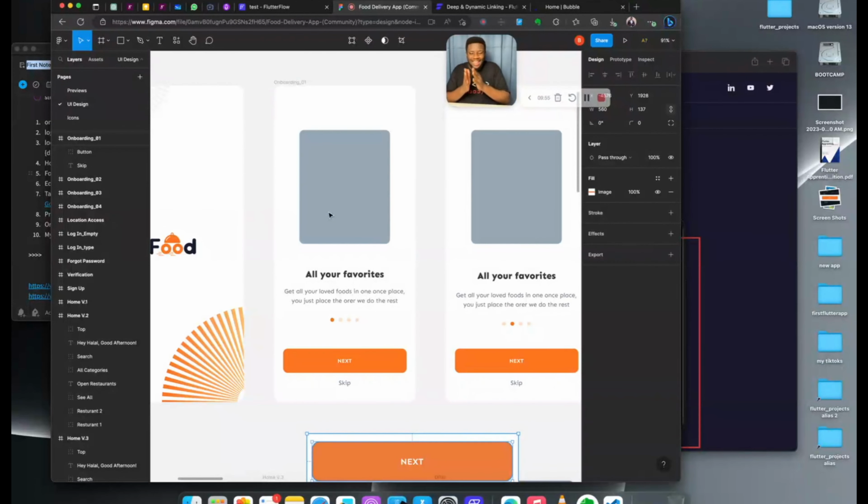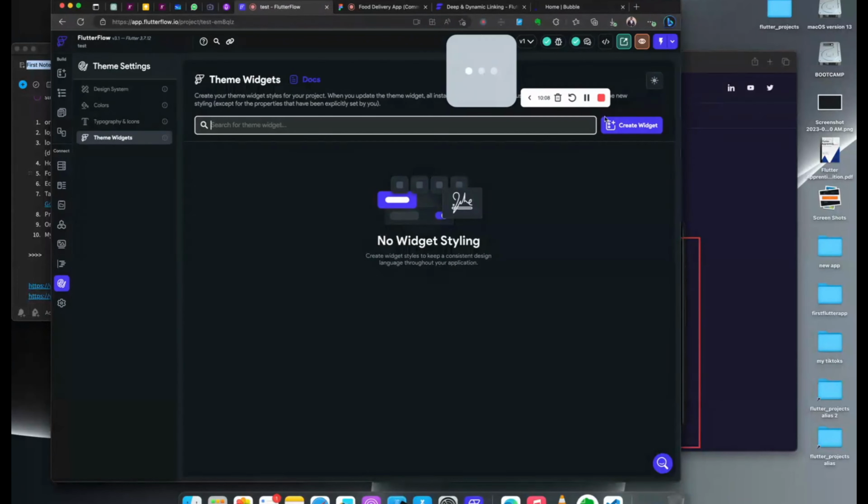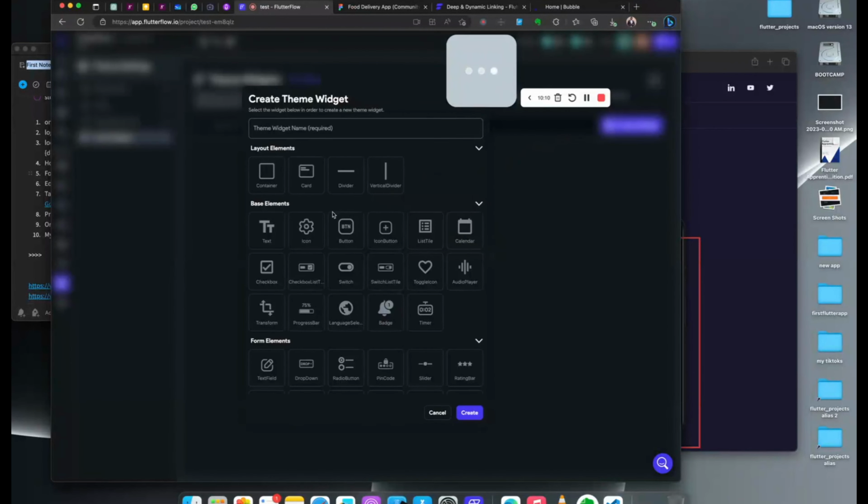And all of those things are individual widgets, individual components that you have to put together to make your app beautiful. Now, that is it. Everything in your application is a widget. Simple and short. So now in FlutterFlow, if you want to create a new widget, you see that there are